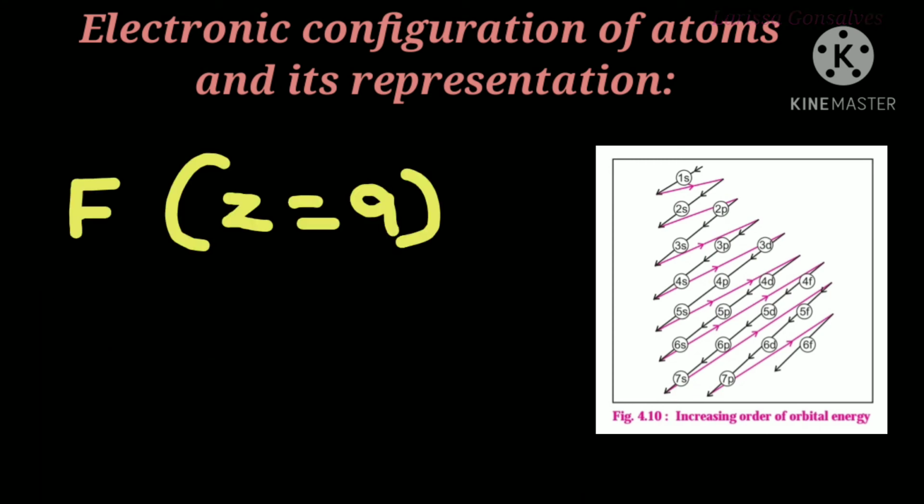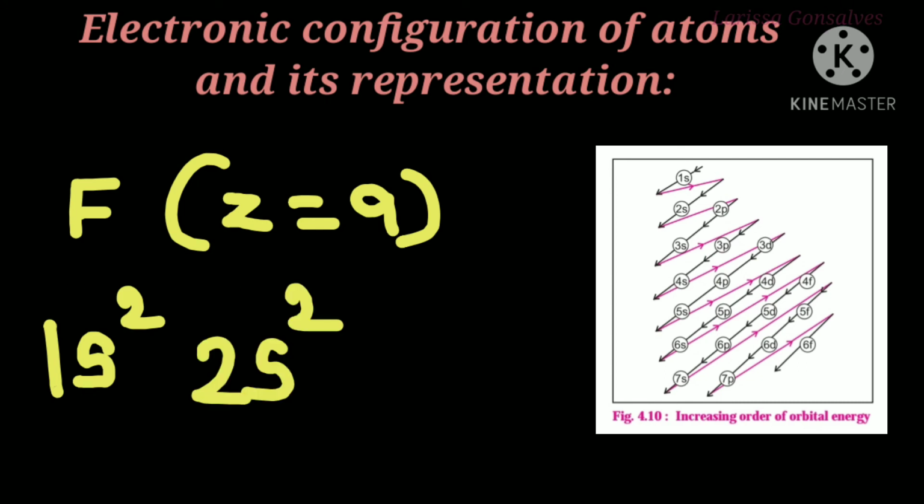Next is fluorine. The atomic number is 9. So first begin with 1s. Maximum electron it can accommodate is 2. So 1s2. Next is 2s. S also can accommodate maximum of 2 electrons. So 2 plus 2 is going to give us 4 electrons. We are still falling short of 5 electrons. So next level is 2p. So now 9 minus 4, 5. So the capacity of p electron is actually 6. So we can easily write 5 electrons here. So the electronic configuration of fluorine is 1s2, 2s2, 2p5.